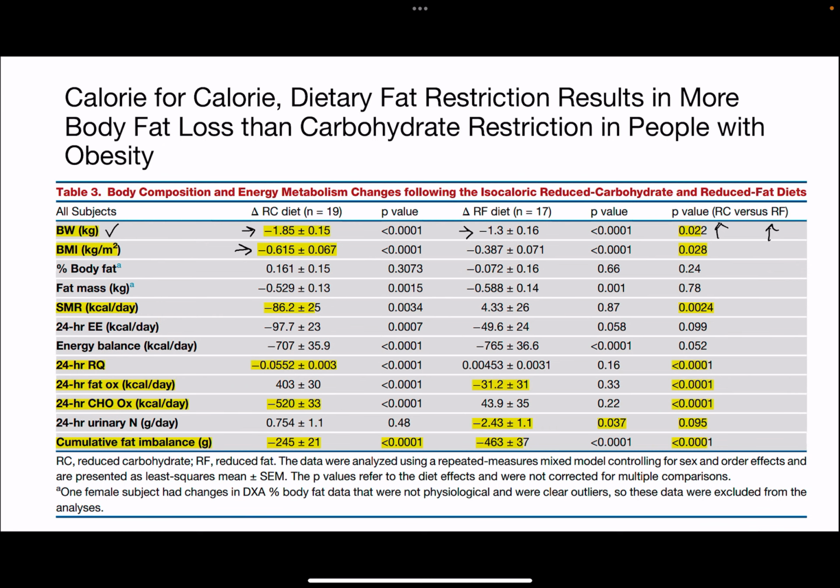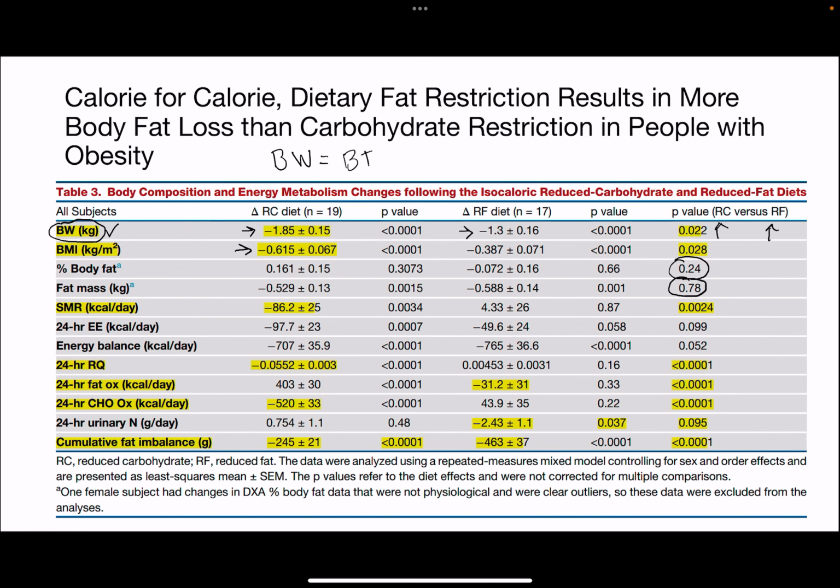But let's look at percent body fat. There's no difference in percent body fat. So what did they lose in body weight? Okay, let's look at fat mass. There's no difference in fat mass between the two. So if they lost more body weight, but fat mass is the same, what did they lose? Well, body weight is made up of